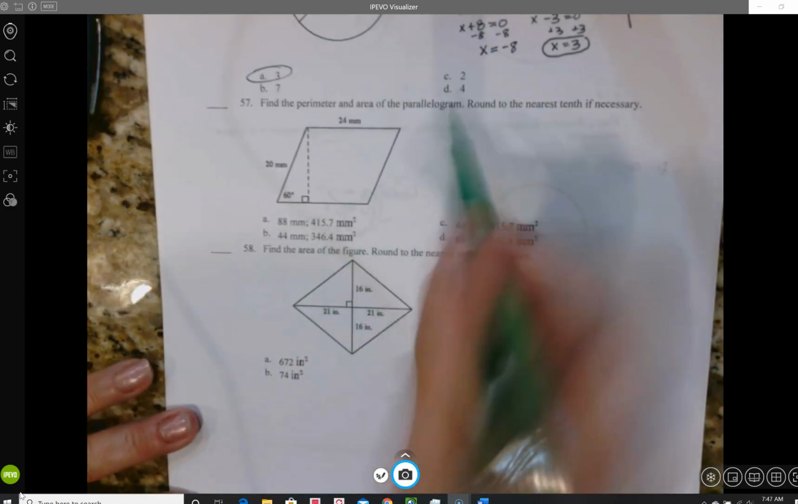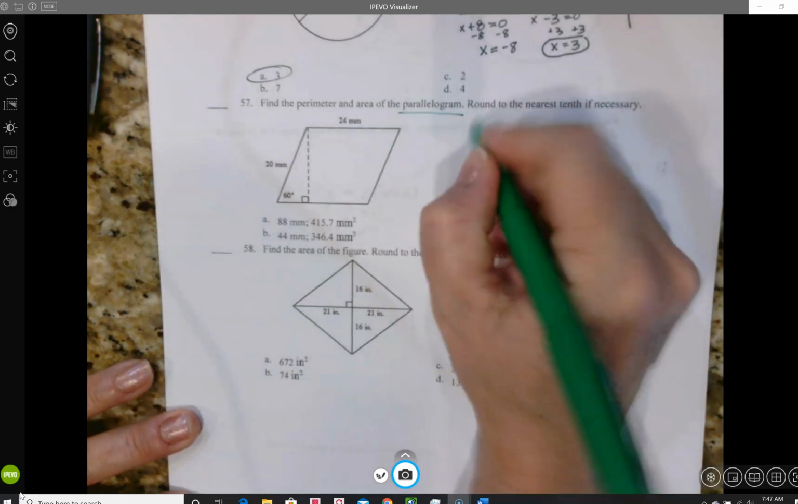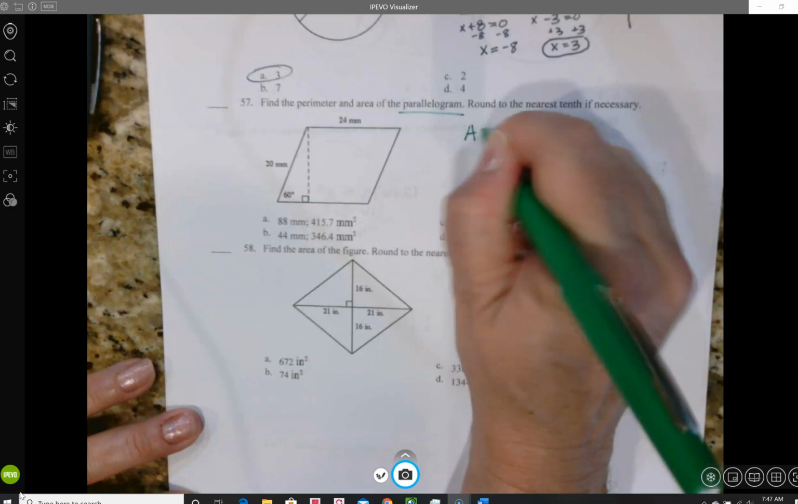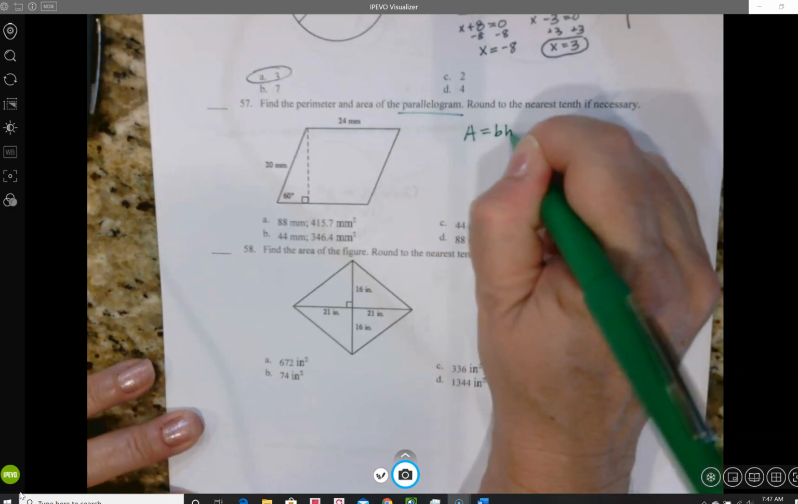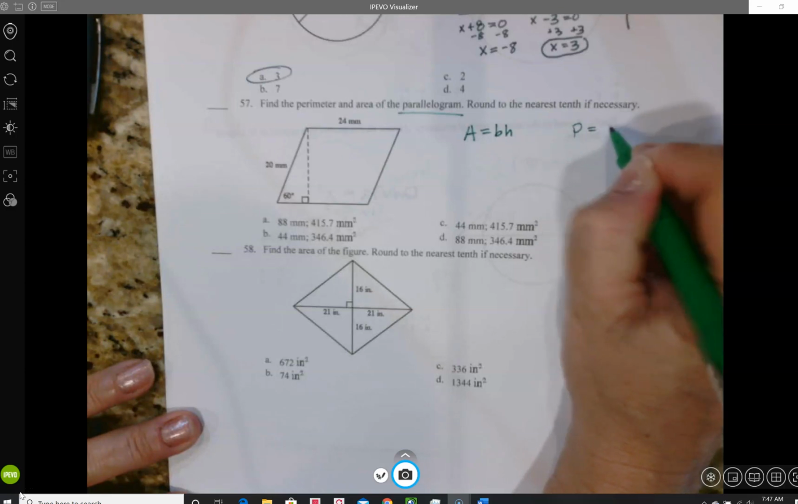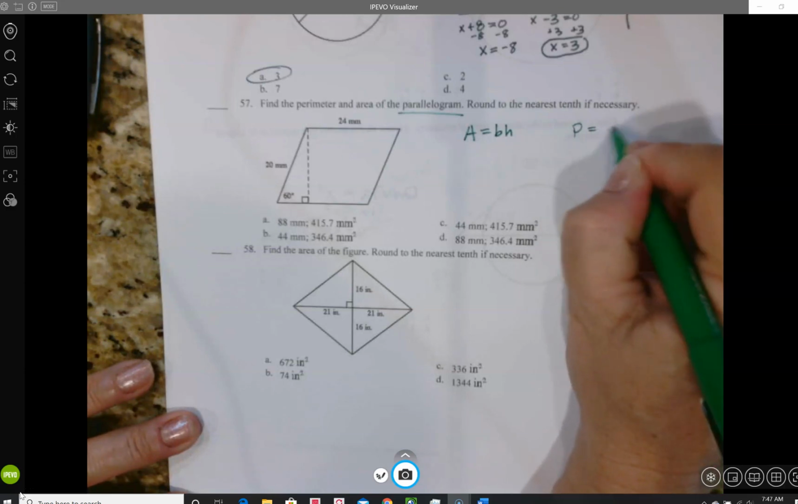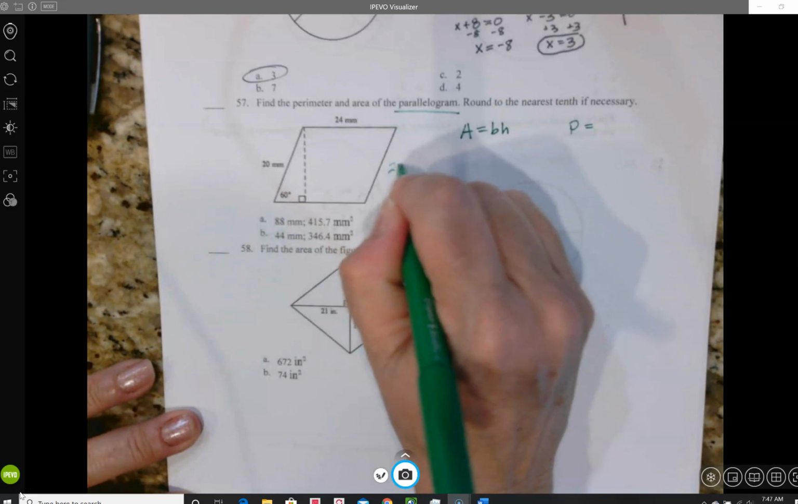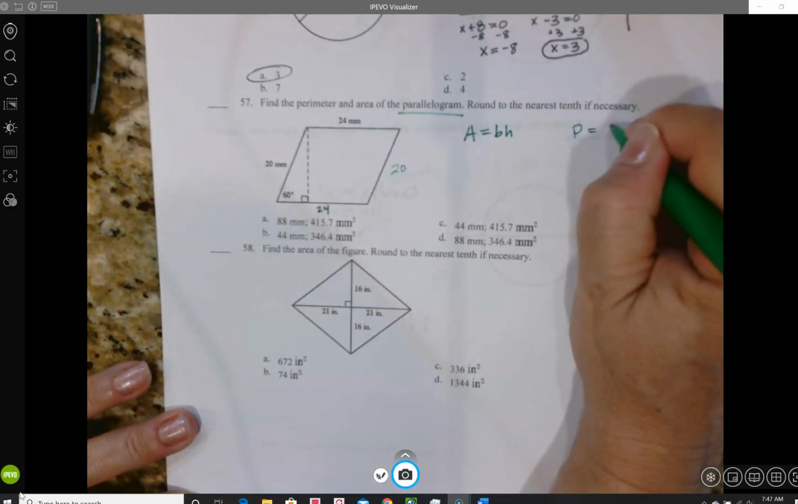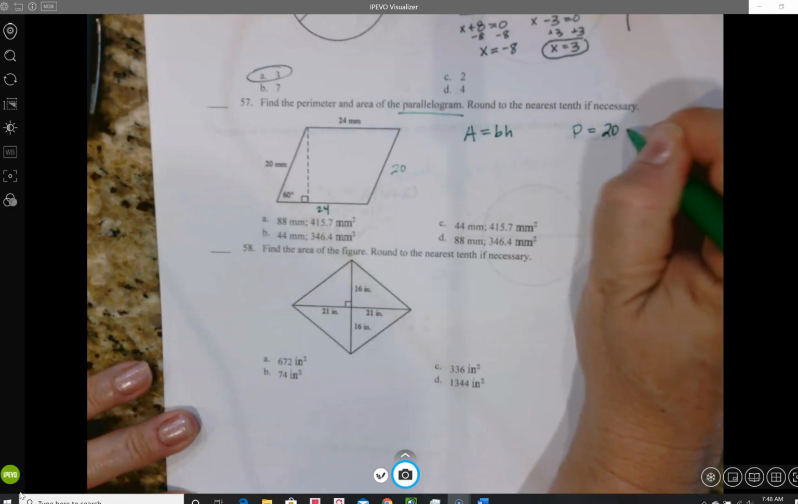So our first shape is a parallelogram. And when we find the area of a parallelogram, we multiply base times height. And when we find the perimeter, we add all sides. So we'll have 2 of the same width, and we'll have 2 of the same length. So we'll go 20 plus 20